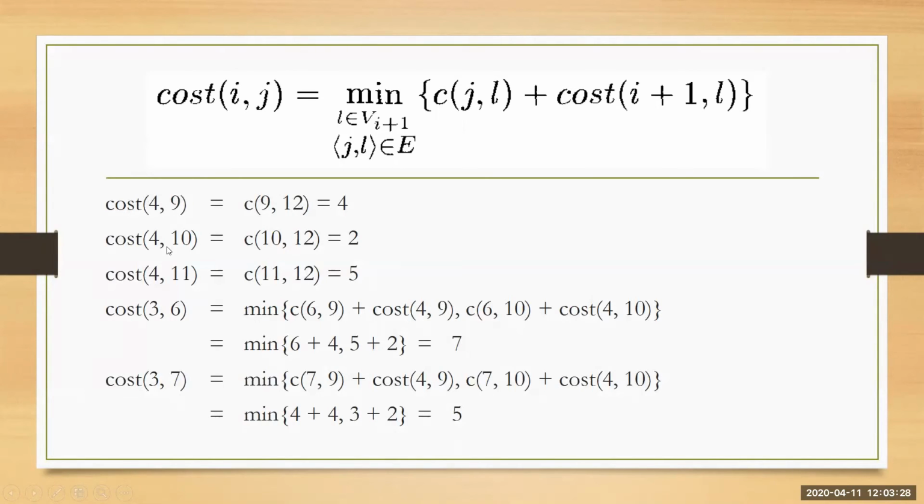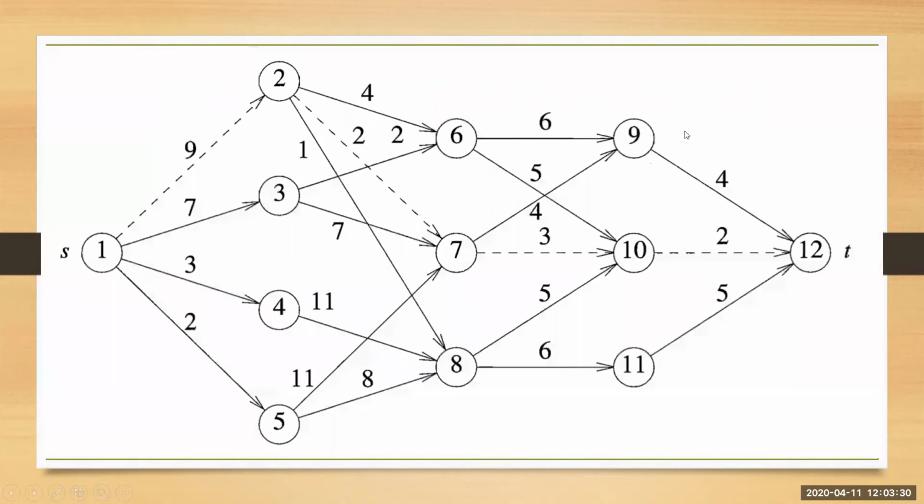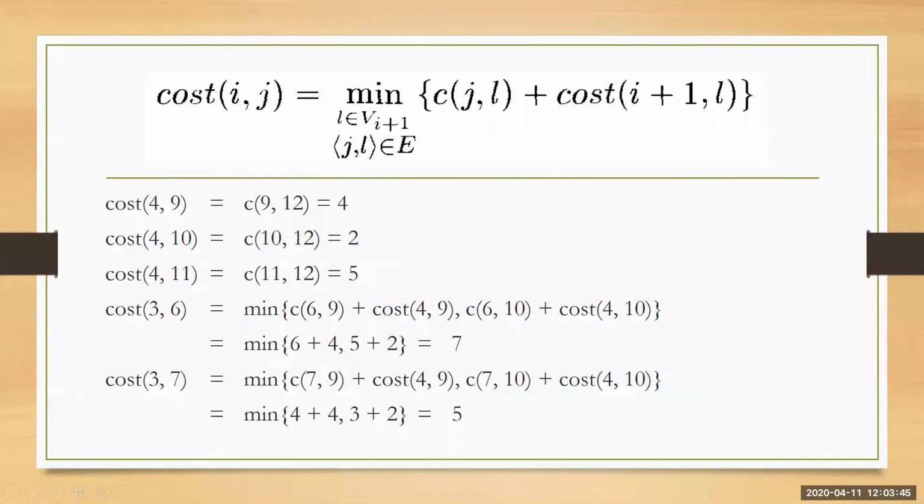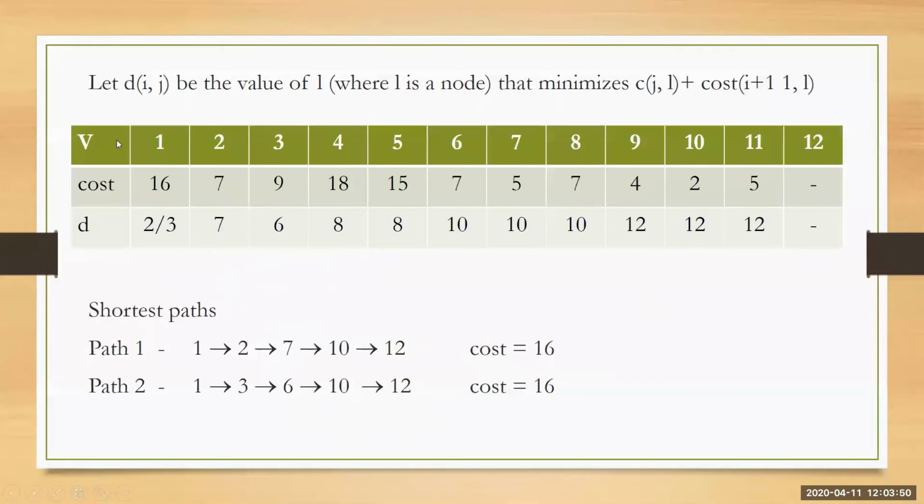It is easy. So next, go back to the previous stage. So 9, 10 and 11 have calculated the cost. And now we have to calculate the cost of 6, 7 and 8. Okay. So as soon as you calculate the cost of each vertex, you have to maintain one table like this. This is one table which contains 3 rows and n number of columns. N represents n vertices, so starting from 1 till 12.